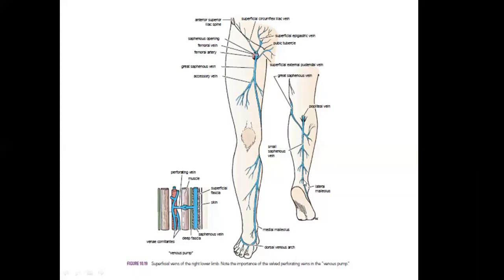malleolus. You should note this, that the small saphenous vein passes behind the lateral malleolus. The great saphenous vein was coursing in front of the medial malleolus along with the saphenous nerve. The short saphenous vein courses behind the lateral malleolus along with the sural nerve. The sural nerve goes along with the short or small saphenous vein, and the saphenous nerve along with the great saphenous vein.